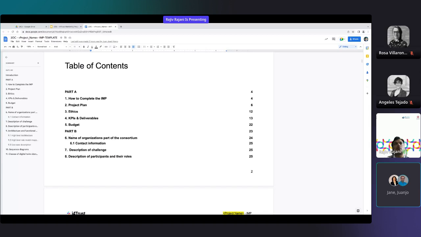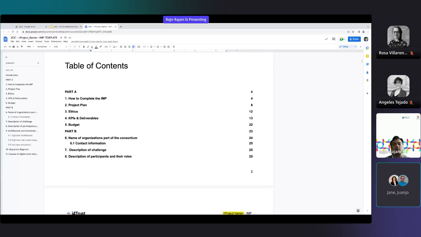As you can see, this document is divided into two parts, part A and part B. Part A basically deals with more details, the project plan, KPIs and deliverables, and those elements of this program, which we need to be updated in the first round. And part A usually doesn't update much over the period of the whole program, because once these are set, they are set, and there are some elements which need some updates, which we'll see when we go through them.